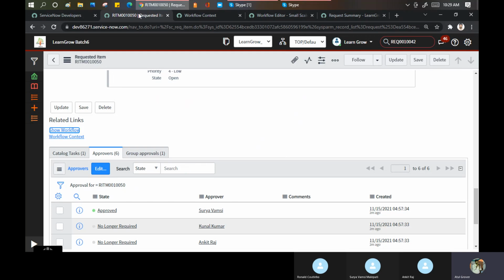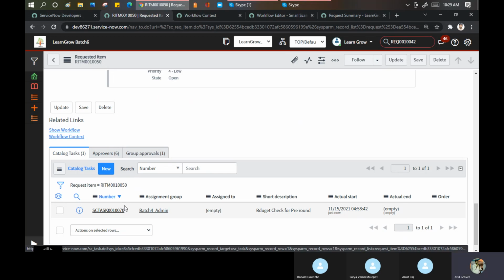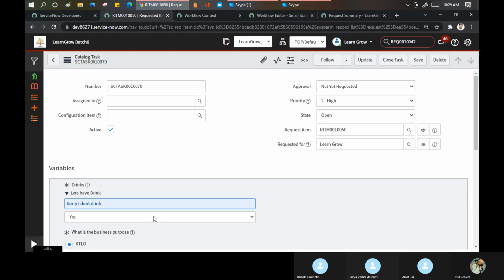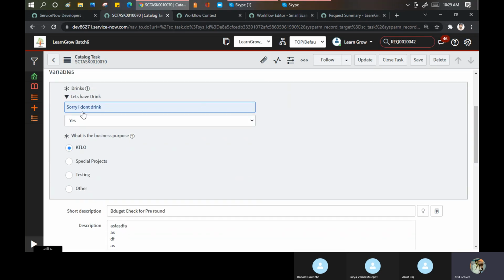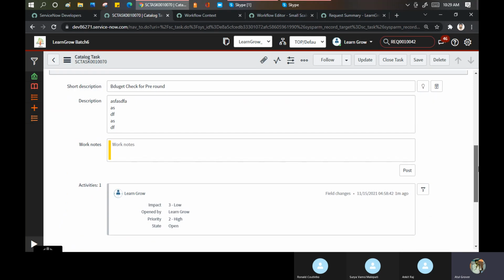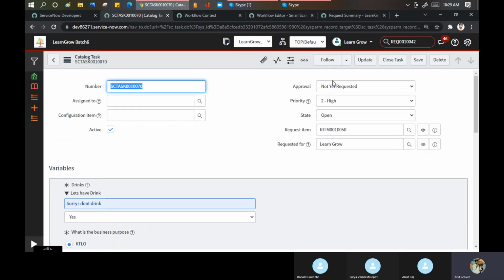Now I go here and go to the task. Open it. To whom should this task be assigned? It is P2, that is what we defined. These two variables we said should be shown at the task level. It is showing only these, not all, because we did not define other variables at the task level. Then these things. And now you can close the task.